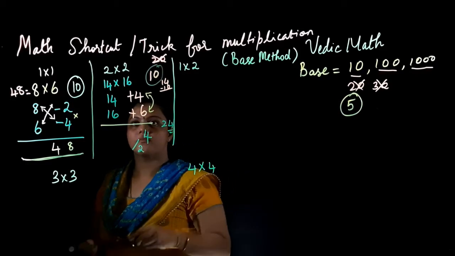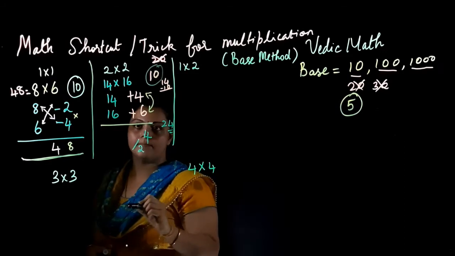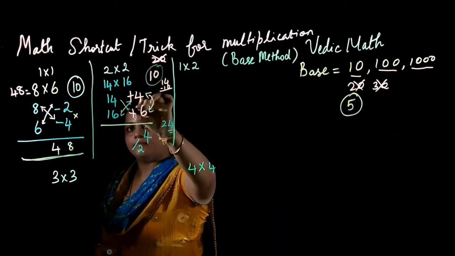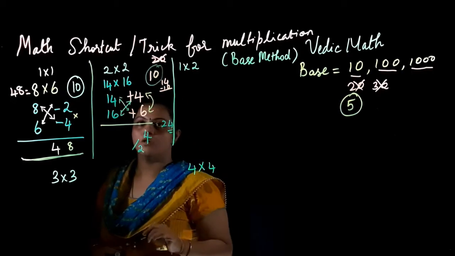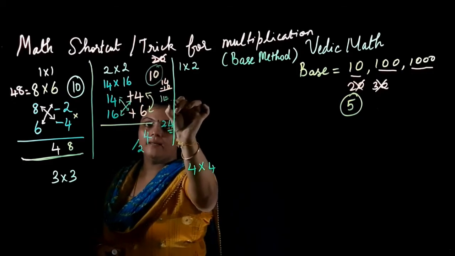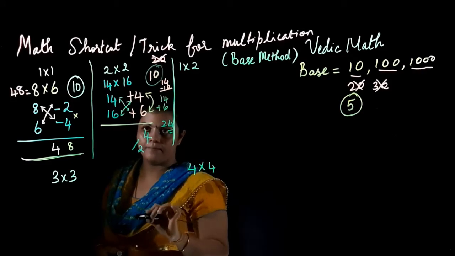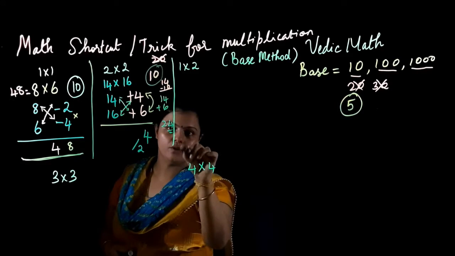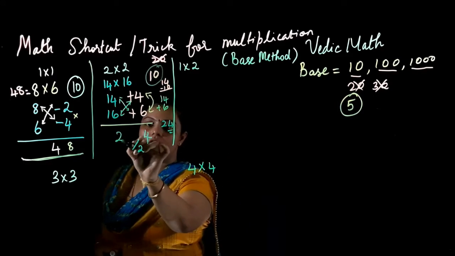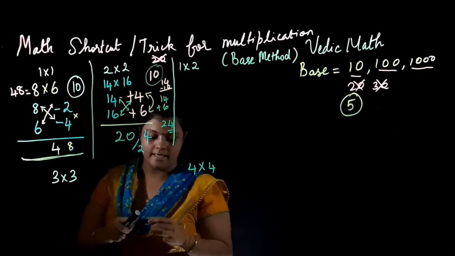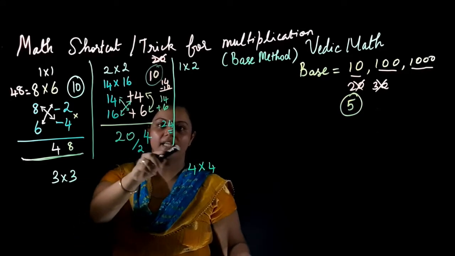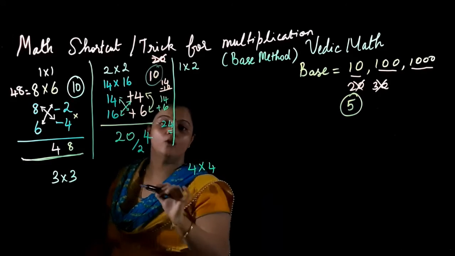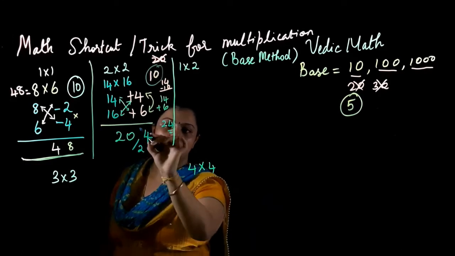So now the remaining two numbers I have to find diagonally. Either way, 14 plus 6 is 20 and 16 plus 4 is also 20. It's very easy. There is no need to do calculation. So it is 2, 0, which is 20. As I said earlier, from 24, the units place I have written as such. The tens place, I told that we should carry it forward to the tens place.